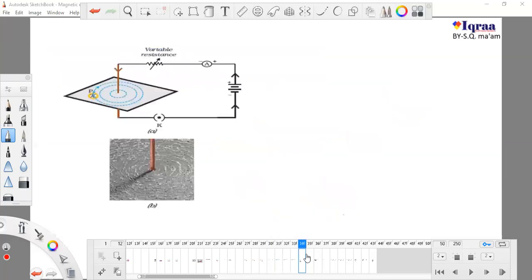Okay, from now, what is this? This is a current carrying conductor. I'm going to draw this again. This is a very simple thing. This is a copper wire. But this is no more just a copper wire because it has a flow of current, and now it is known as an electromagnet.